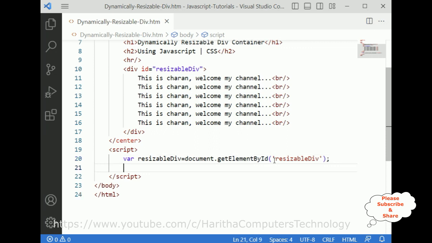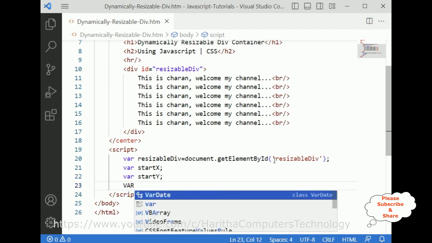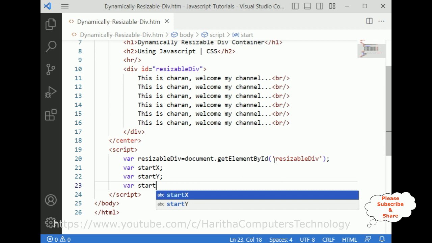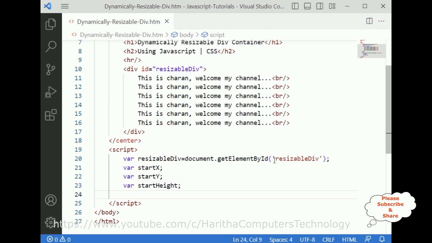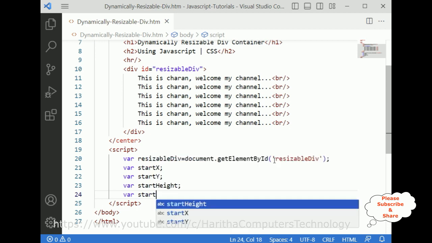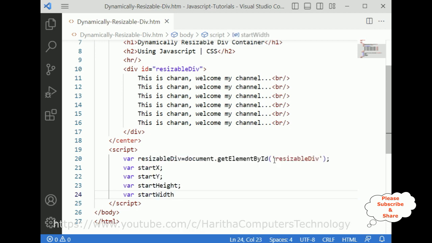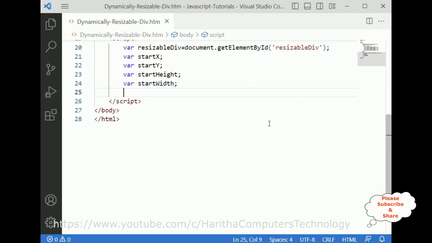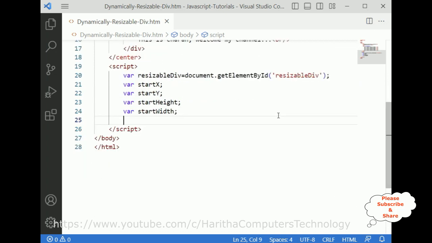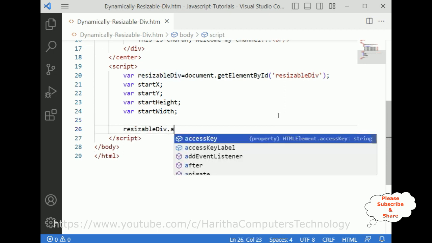getElementById. Now let's define variable startX, variable startY, and height and width also we require: variable startHeight, and width also, variable startWidth. Then first the initial resize. When I open the browser I want to initialize the div container. So resizableDiv, let's have a new line, dot addEventListener,